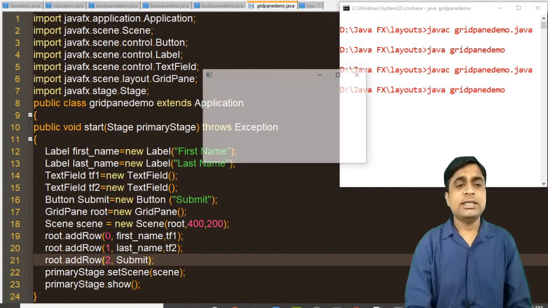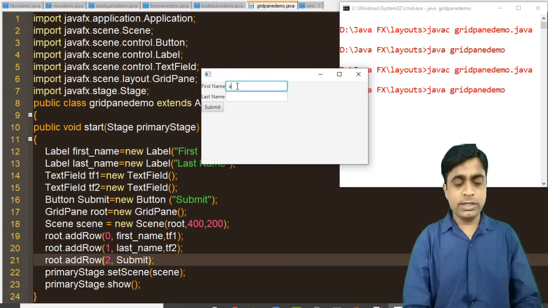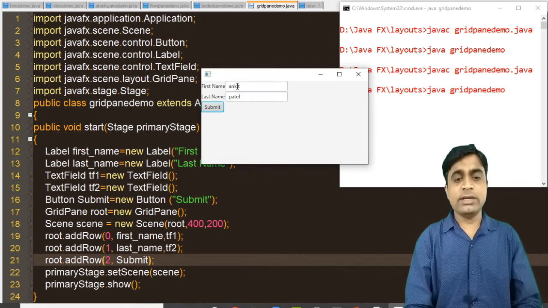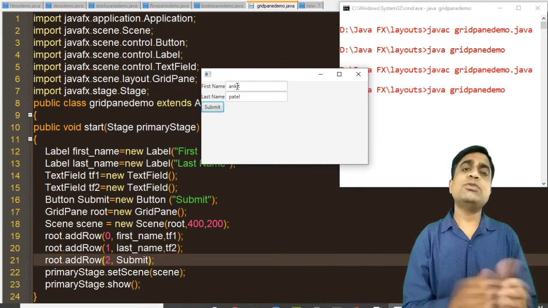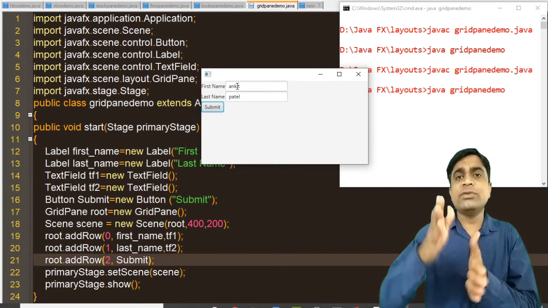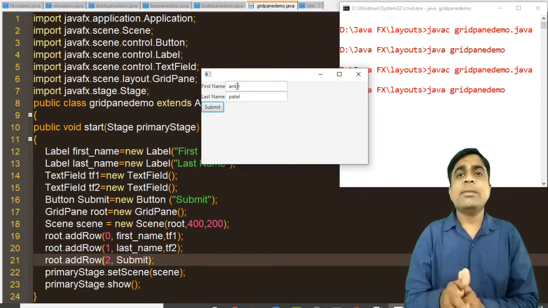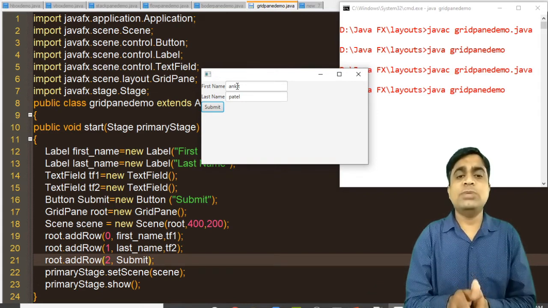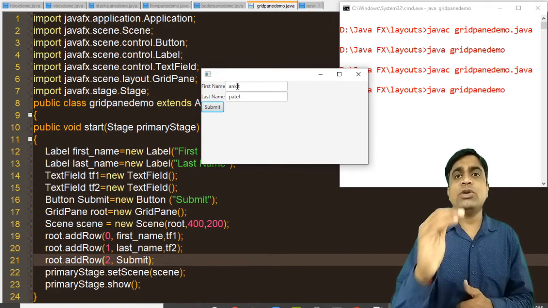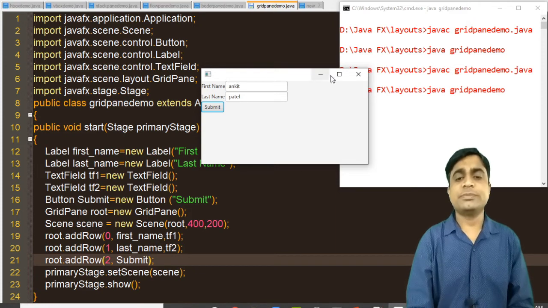So you can see the output will be displayed like this, in row manner: first row, second row, and the third row. Here you can also write like this, and you can click on the submit button, right? The last example was for the column manner. I am adding something different in the first column, in the second column, and in the third column. But now this is an example of the row manner. In the first row what you want to print, in the second row what you want to print, and in the third row what you want to print.